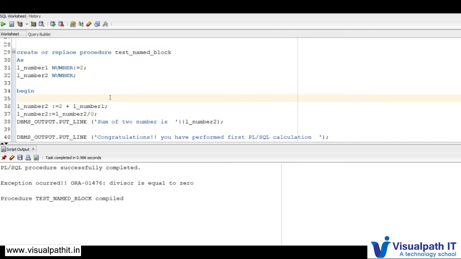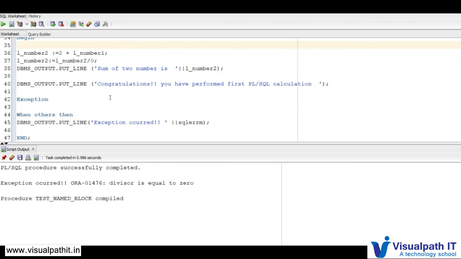But before this, let's change the string, which will easily distinguish which string is coming from the named block or the anonymous block. So I will write here named block.